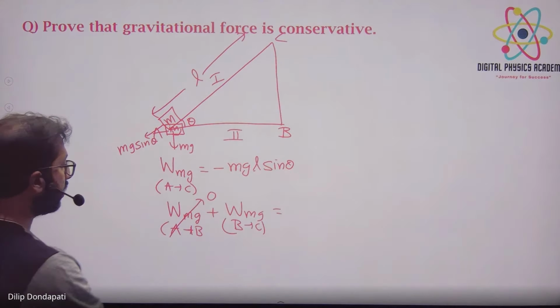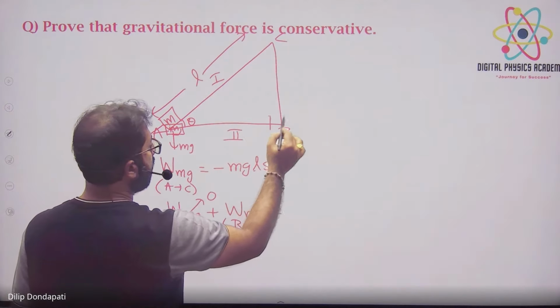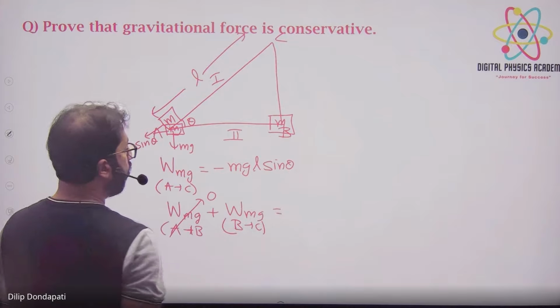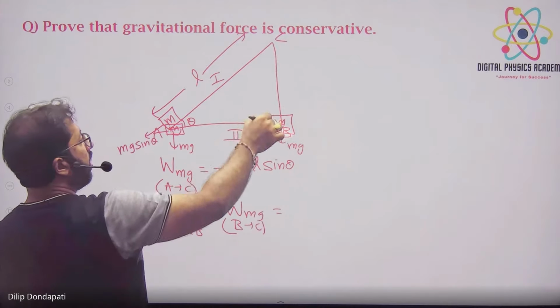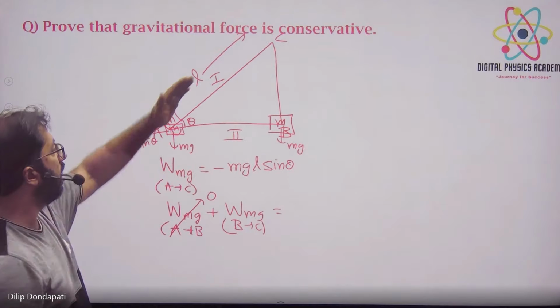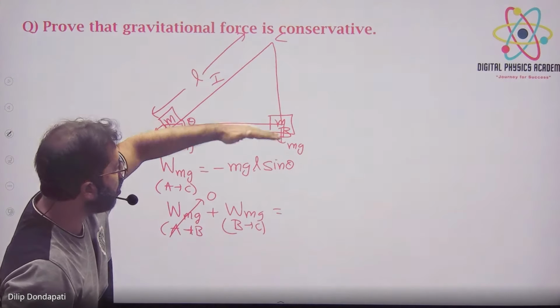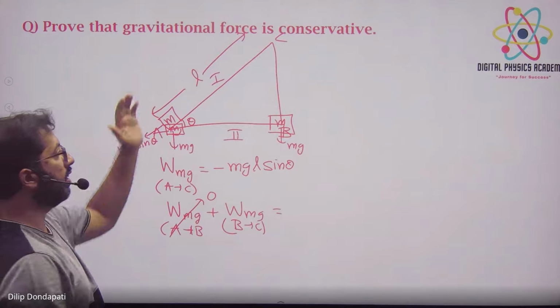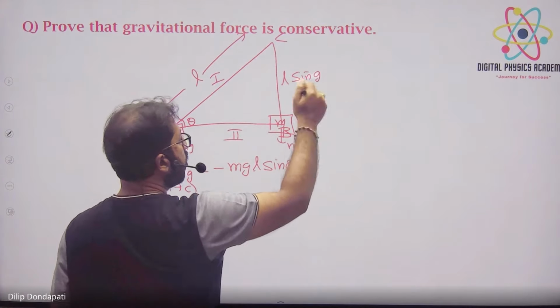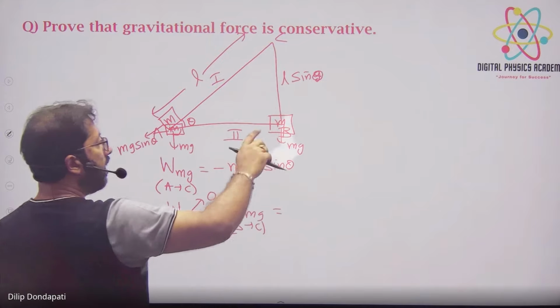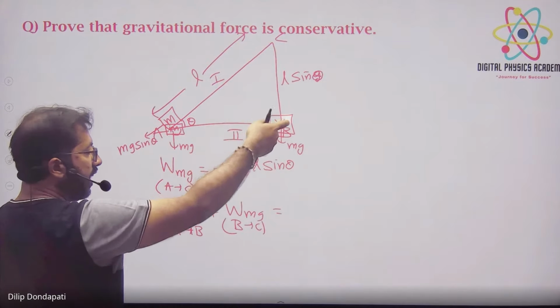Okay. Now the work done from when the mass came up to here. What is the force acting? mg downwards, and the displacement in this direction, how much will it be? Tell me. L's component this way is L cos theta, and this way is L sin theta. So the displacement is L sin theta. Now tell me, force and displacement are in opposite directions, so work done is negative. So minus